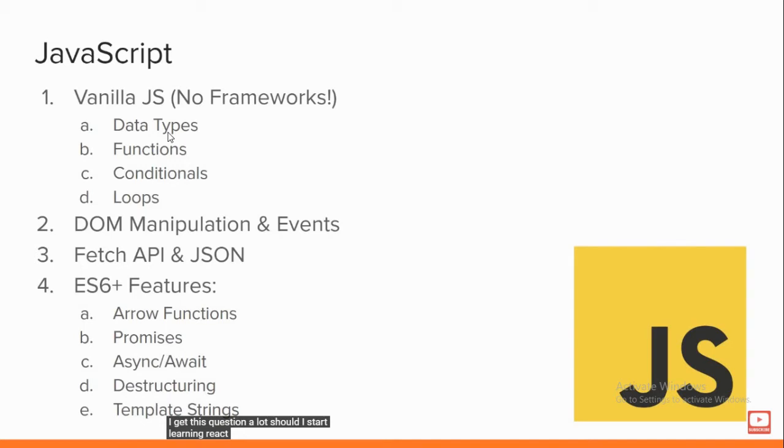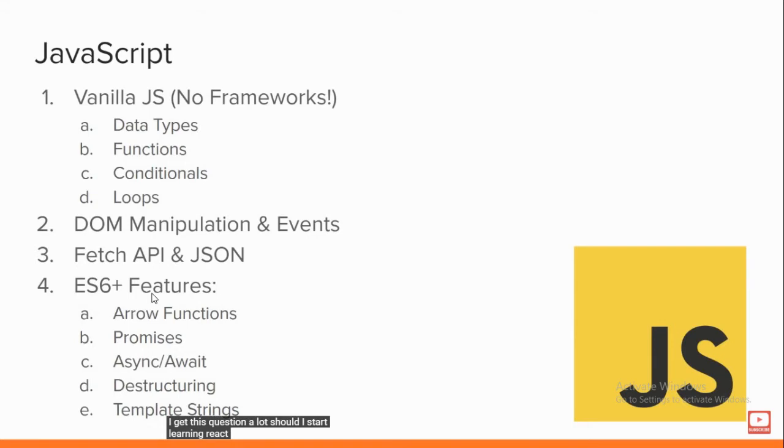Just like in any programming language, we learn the basic syntax and semantics. Okay, and we need to learn about DOM manipulations and events. DOM manipulation is nothing but this will give responsiveness to the website. When we click a button, when we get alert notifications, when we submit a form, whatever is manipulated in that website, we can use JavaScript to handle this one. Okay, then we have page API and JSON to connect with the backend, and we have ES6 features.